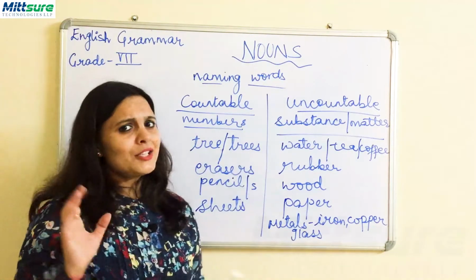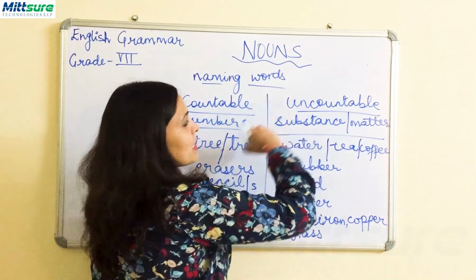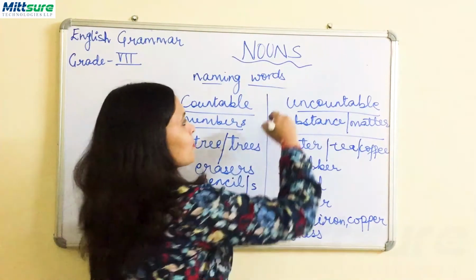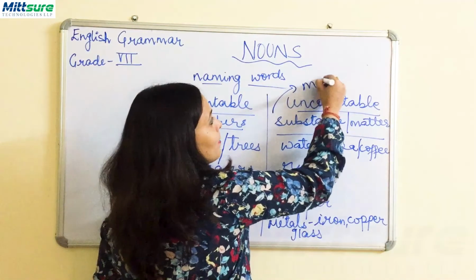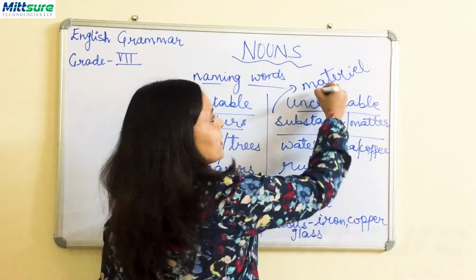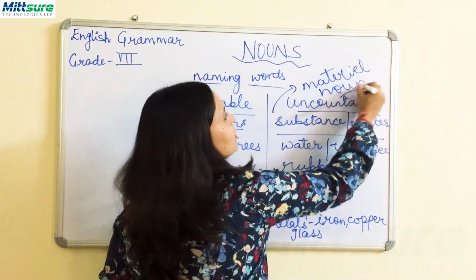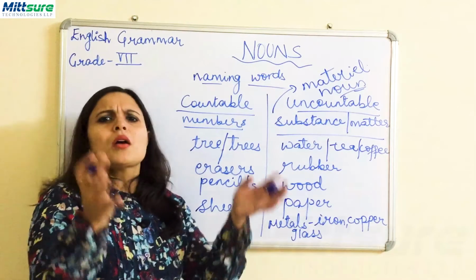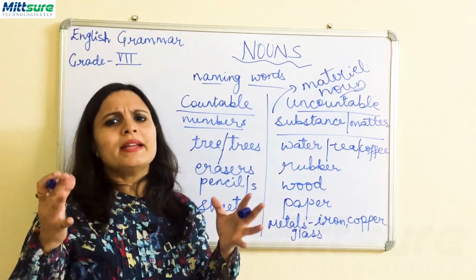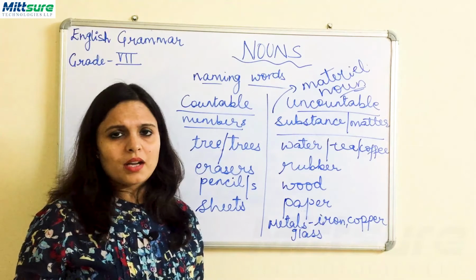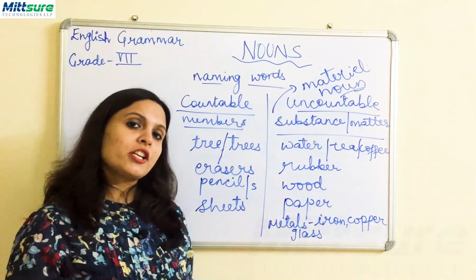A very interesting fact I'm telling you, these uncountable nouns where we talk about the matter or substance are also called material nouns because they are made up of material. So, you can say not necessarily or mandatorily all the material nouns are uncountable, but the majority of them